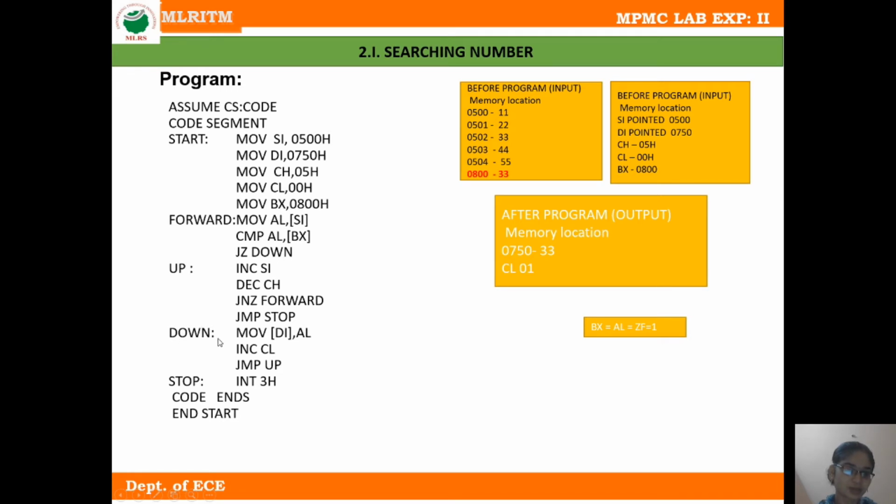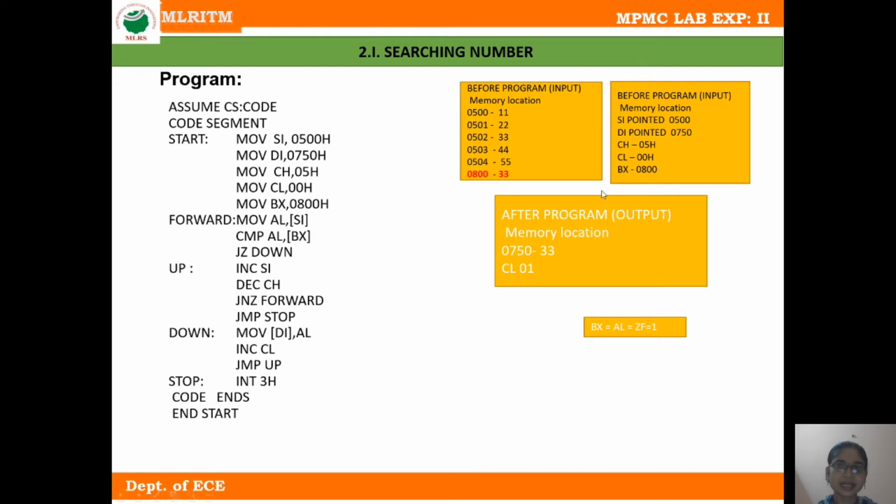The program comes to this label and the next instruction to execute is move bracket DI comma AL. So the content of the AL register, which is presently 33, is moved to the location pointed to by DI.